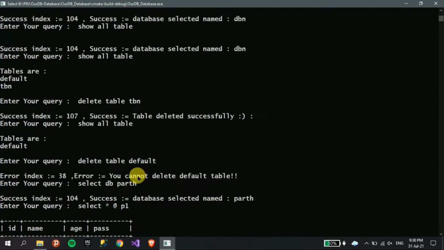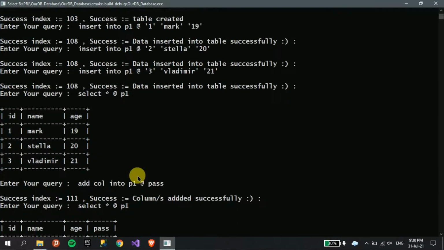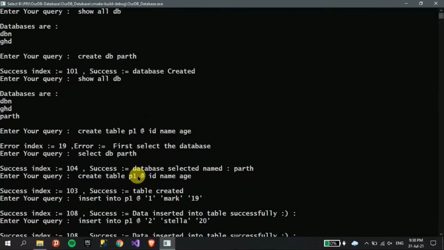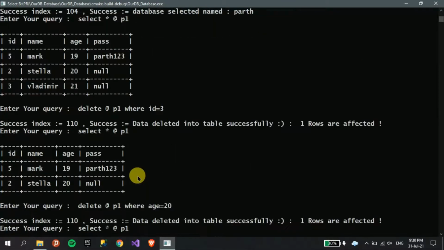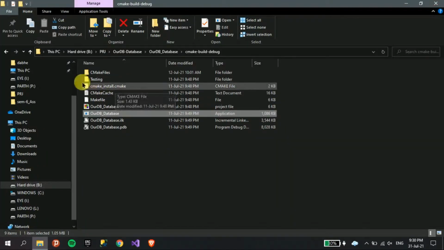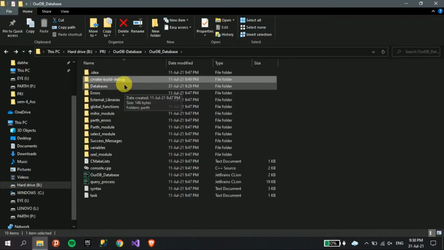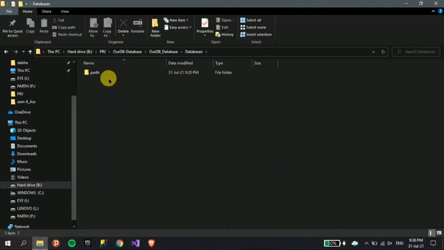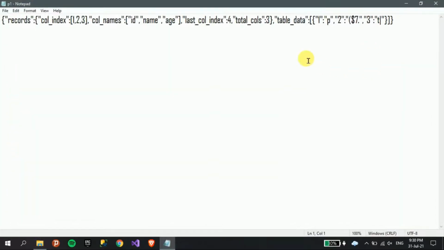So this was all for the database. Though it doesn't have a syntax like an SQL join or something, it is still in initial build, so we are trying. Now I will show you where the database is actually stored. This was our whole program file. Here there will be one file, databases, and here only one database remaining, and one table which we created earlier, so here data is stored, but stored in such a way that you cannot read it.